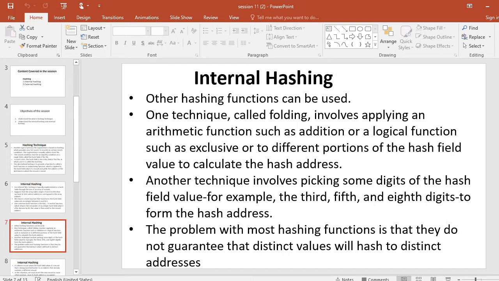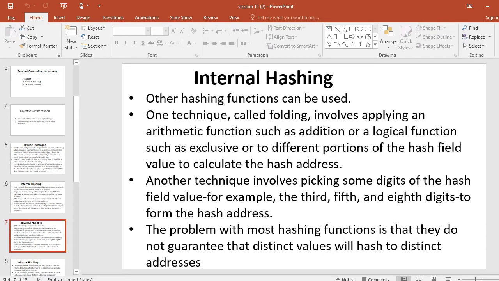In detailed internal hashing, other hashing functions can be used. One technique is called folding, which involves applying an arithmetic function such as addition or a logical function such as exclusive OR to different portions of the hash field value to calculate the hash addresses.